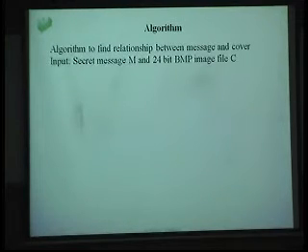Input is the secret message M, and this works on a 24-bit BMP. A 24-bit BMP has a special characteristic: every pixel has 3 bytes. One is used for red, another for blue and green, RGB, correct? And the characteristic of that, every next line,